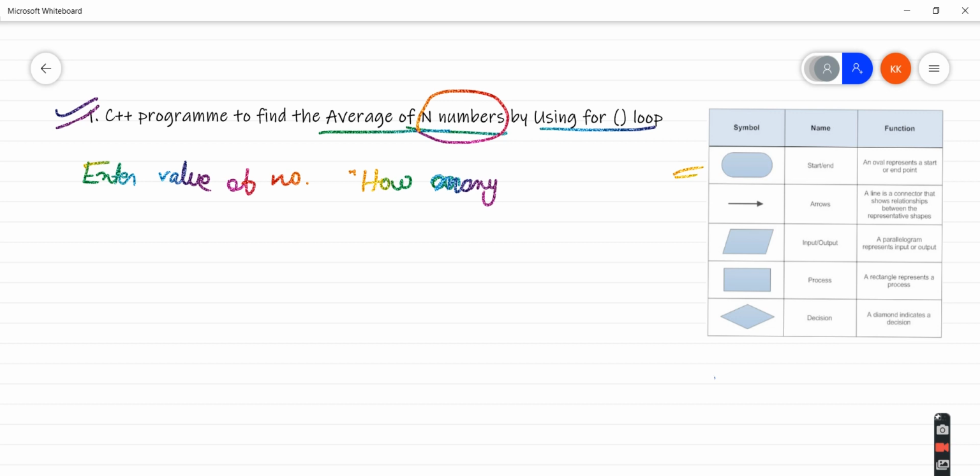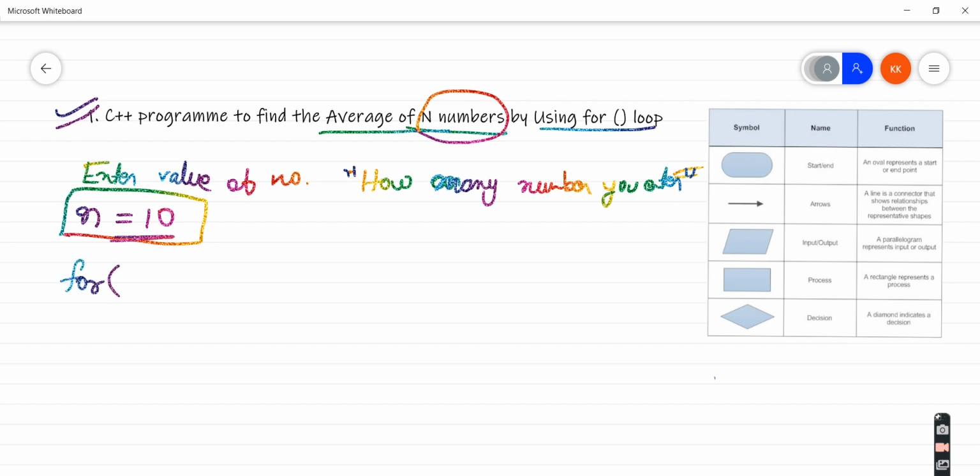This type of message will first come to the user, and then I will take the value of n. Let's say the user wants to enter 10 values, so I will take an input of value n, and then I'll create a